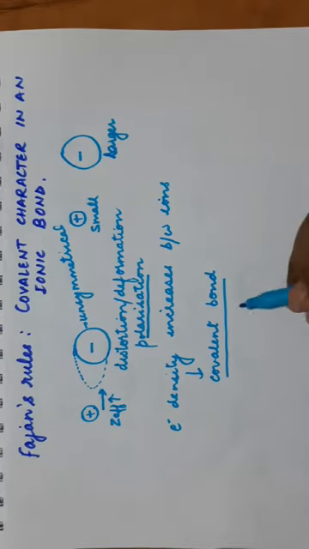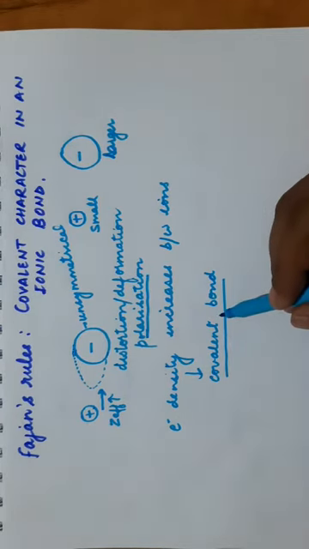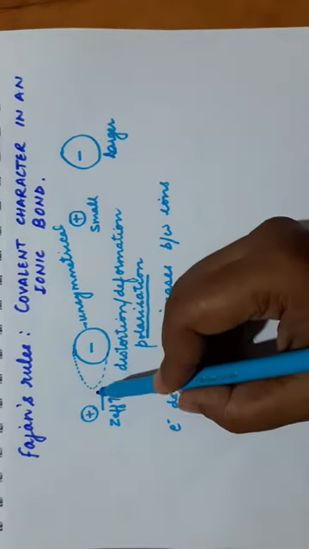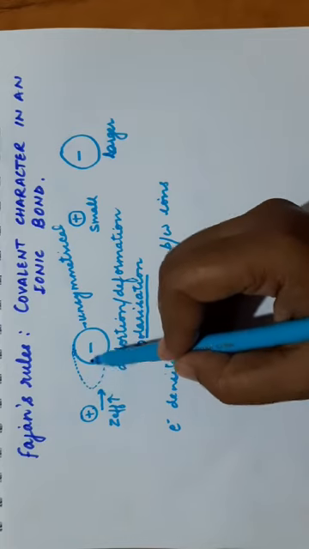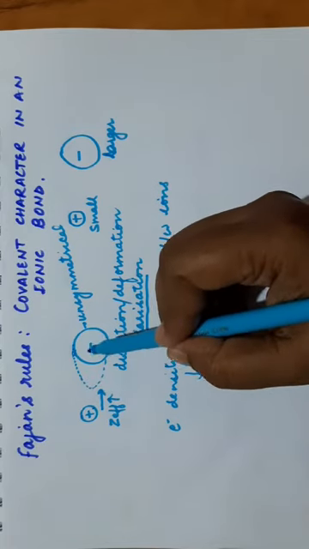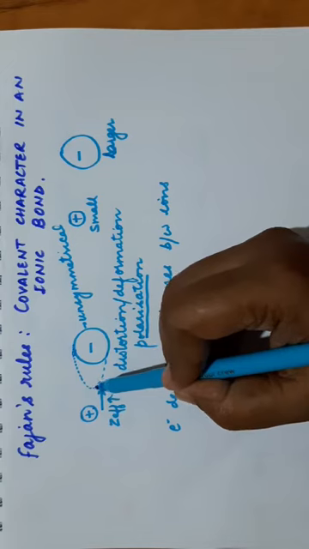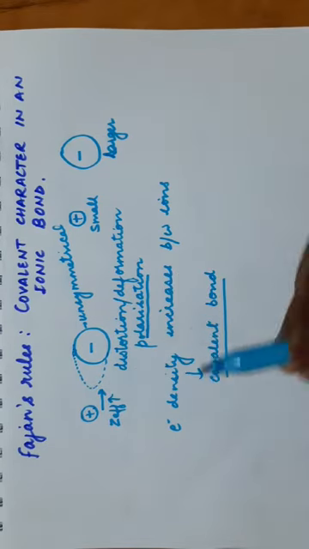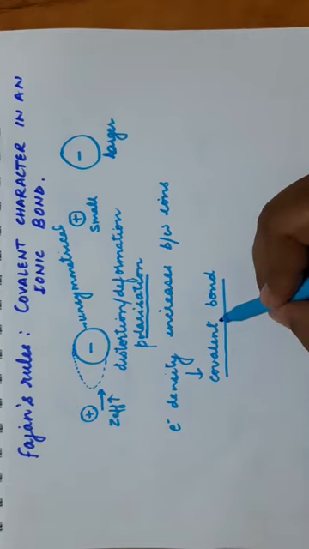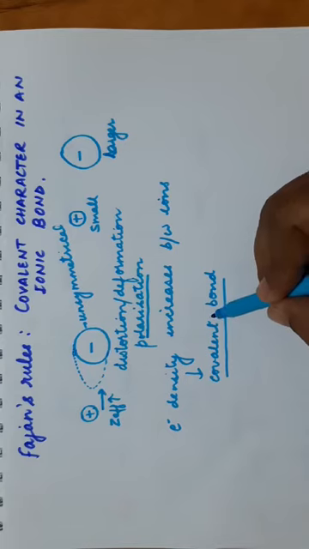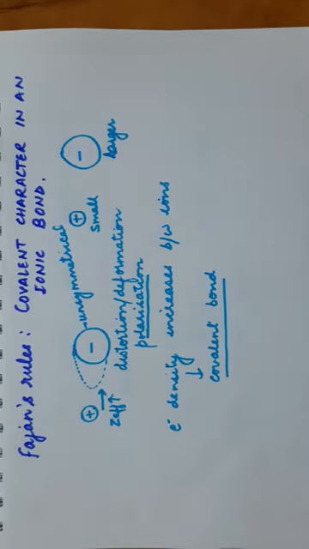So what is actually a covalent bond? It is the sharing of electrons, and the shared pair means the electron density increases between the two atoms. So here also the electron density is increasing between the ions due to the deformation of the electron cloud. Due to this increased electron density between the ions, a covalent character will appear in an ionic bond, and this covalent character in an ionic bond is known as polarization. I hope this much is clear.